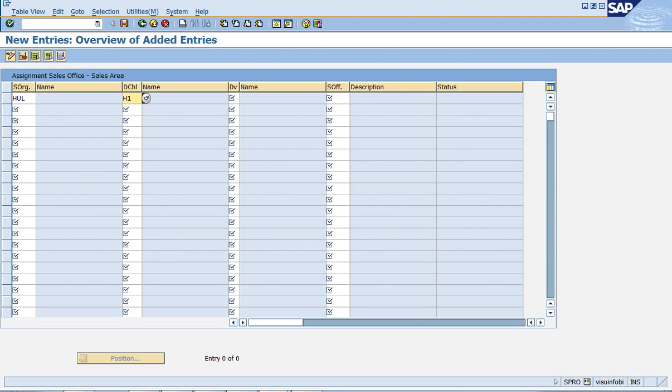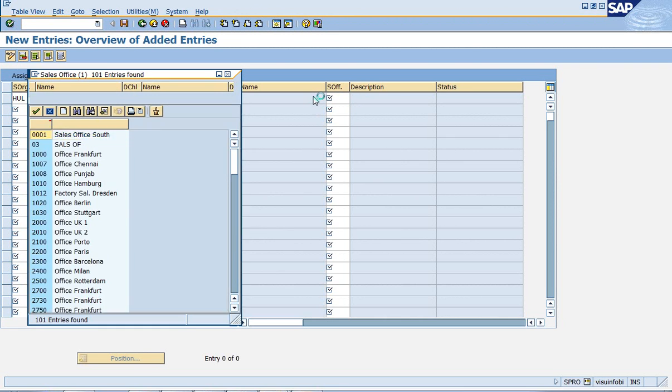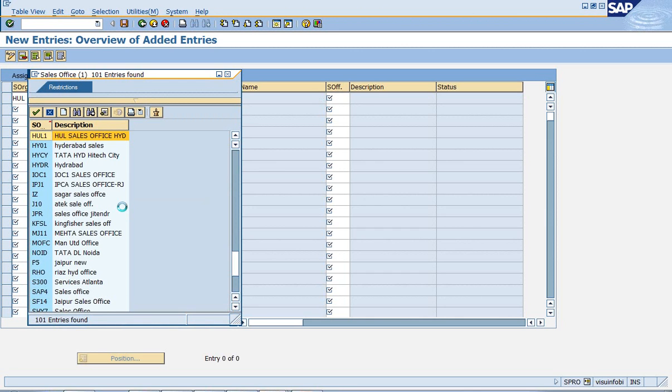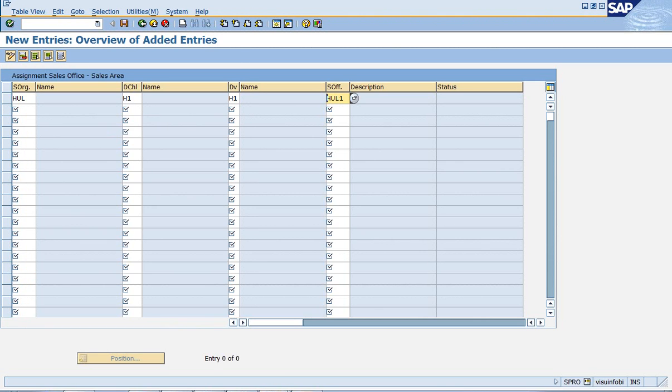Maintain your sales org, distribution channel, division, and your sales office. So I have maintained one sales office, HUL1. I'm going to select it. So for all my combinations of sales area and sales office, I'm going to maintain that one.